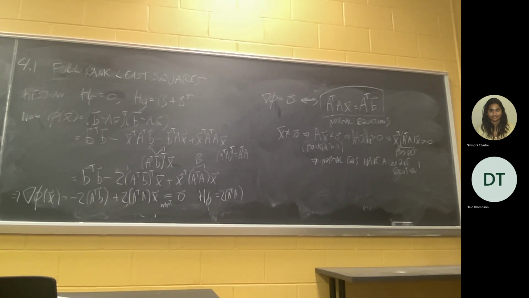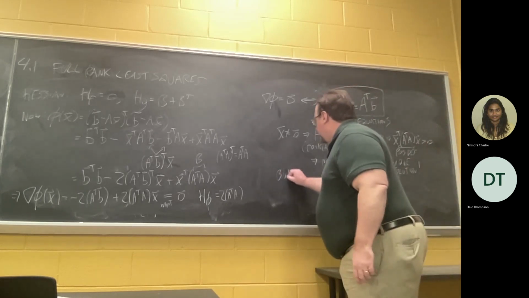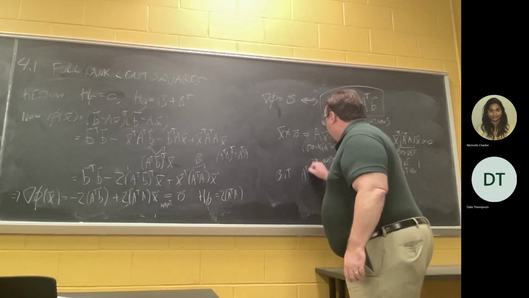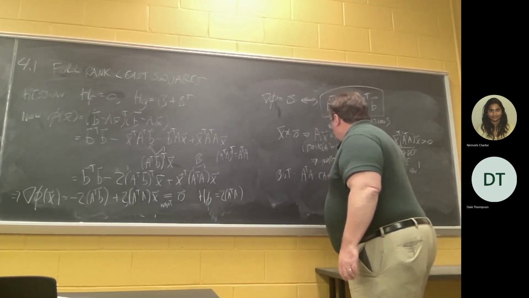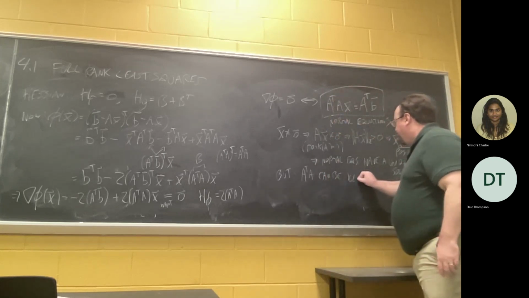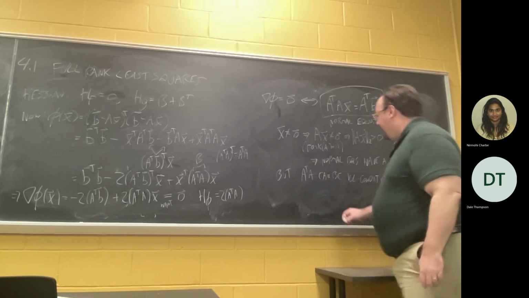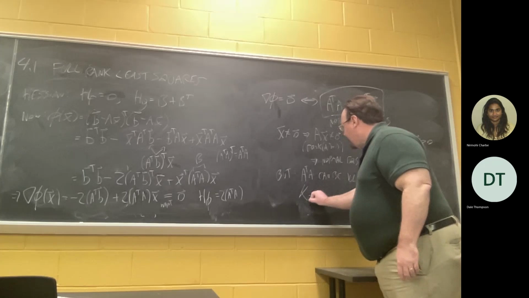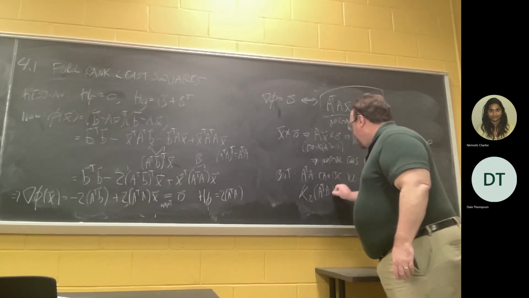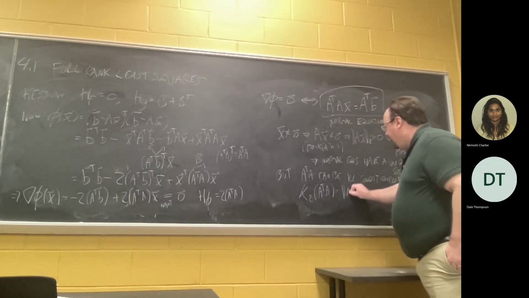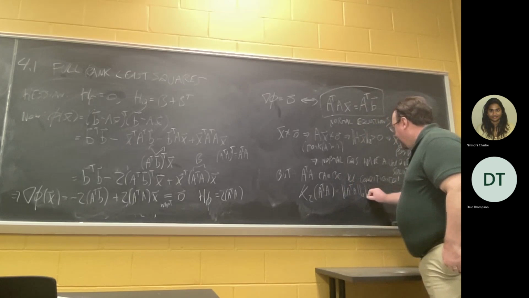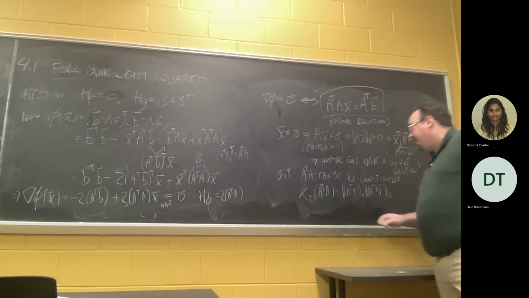But the reason why we're not really done, even though we do have a way to solve the problem, is the matrix A transpose A can be ill-conditioned. In fact, the condition number in the 2 norm of A transpose A, which is defined to be the norm of A transpose A times the 2 norm of A transpose A inverse,